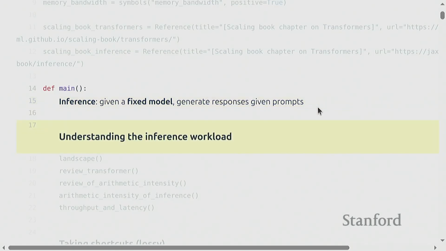First, we're going to start by understanding what the implications of inference are and the workload that it entails. And then we're going to talk about ways of making inference faster. And throughout this lecture, you're going to see that inference is a very deep topic. We didn't do inference last year in lecture, so this is the first year we're doing it. But there are many, many topics that could span multiple lectures, which I'll try to condense into one.